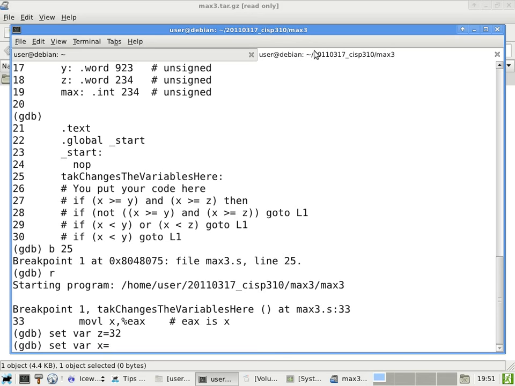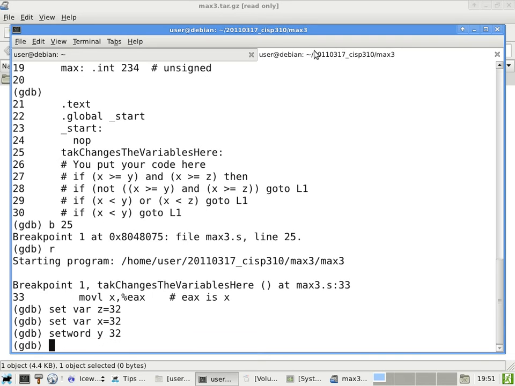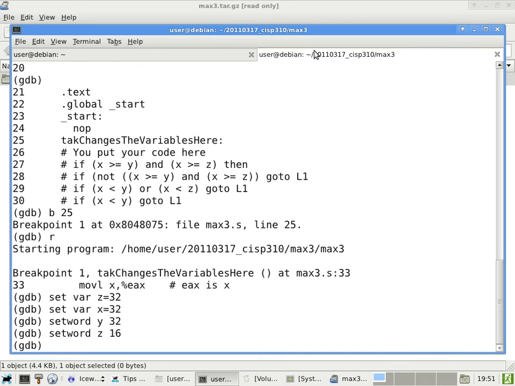Yeah, because that's Z and max is after Z, so I just blew the most significant 16 bits of max, which at this point should be considered uninitialized anyway. So let's say X is 32, and then we set word Y also to 32, because this is actually one of the trickier cases. If you make all three numbers different, it's actually less complicated. You won't catch some of the problems when you set two of the numbers the same way. And then we'll set word Z to a smaller one, so we'll make it like 16, and then we